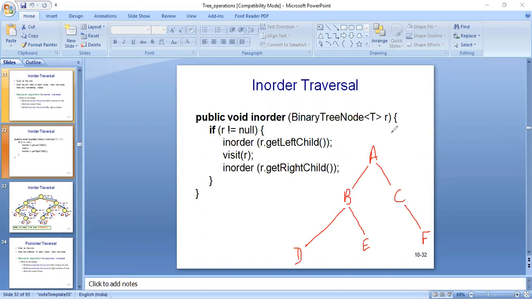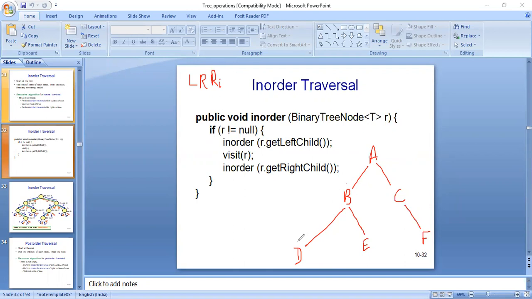Fine. So we have to traverse this tree in order manner. So the sequence we have to follow is left, root, and right. So firstly, we will process the left side of the tree. So while traversing the left, we have to move to the extreme of left. So extreme of left is what?